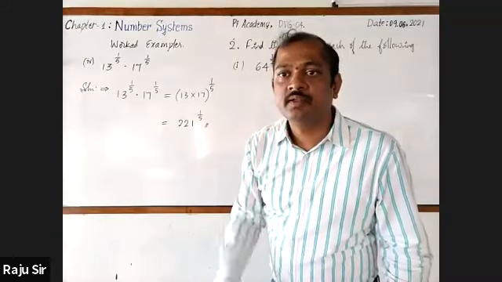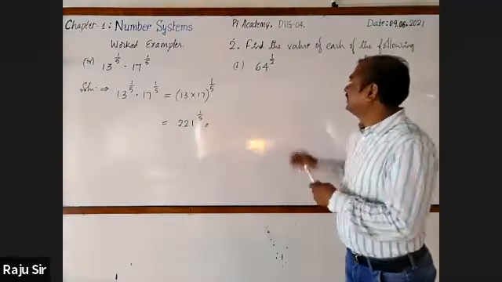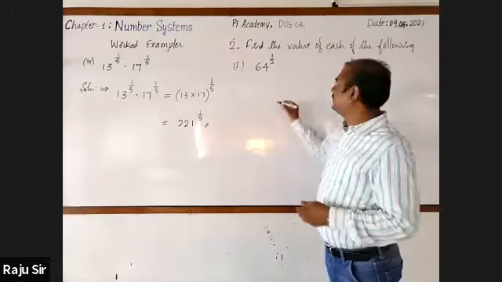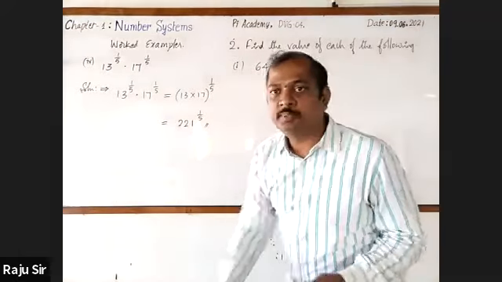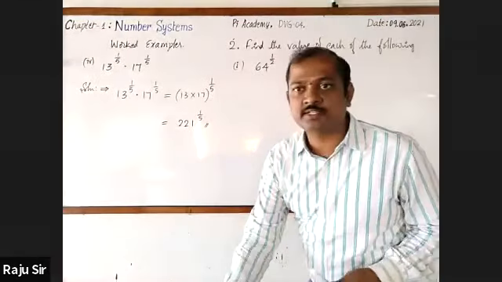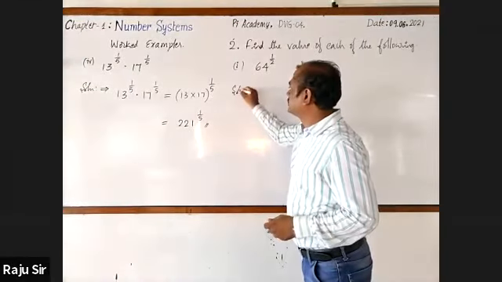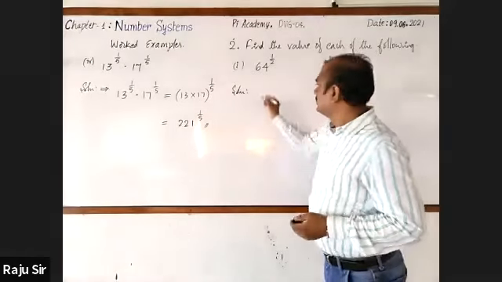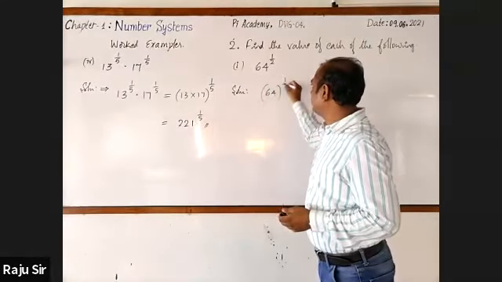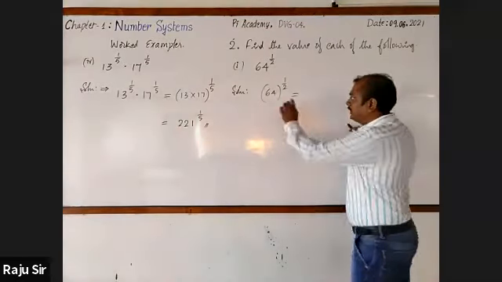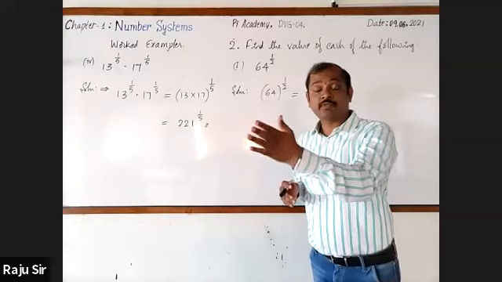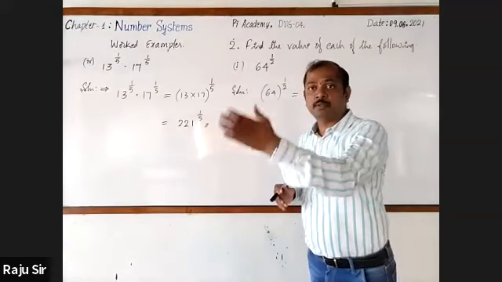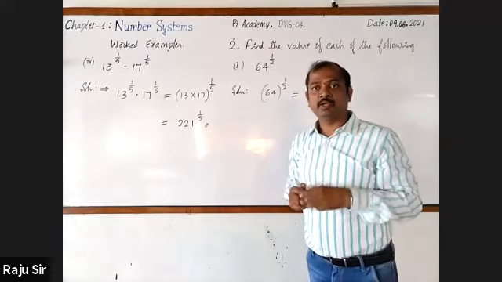Lakshmi Shri, have you written? Oh, okay, good. See that even this can be written as square root of 64. Its value is 8. But let me go for using the factorization method. Just observe, don't copy. 64 raised to the power 1 by 2. You all know that 64 is a perfect square. And even in yesterday's class, we practiced the perfect square numbers, squares of the numbers from 1 to 25, even cubes of the numbers from 1 to 10. Hope that you might have remembered.